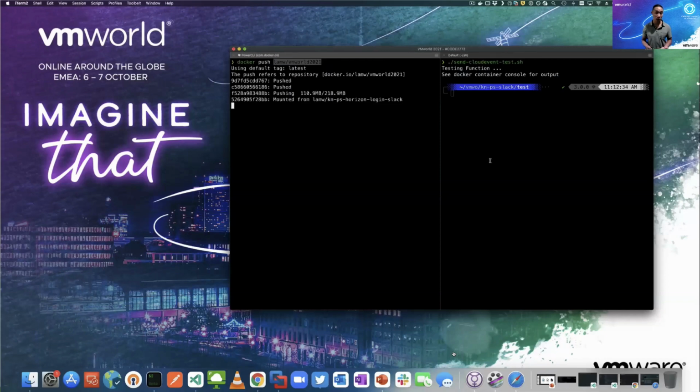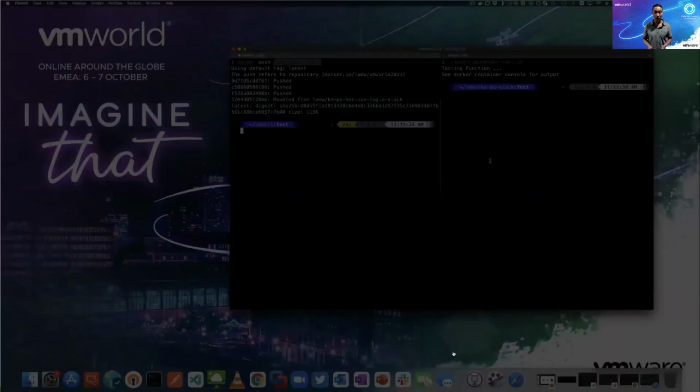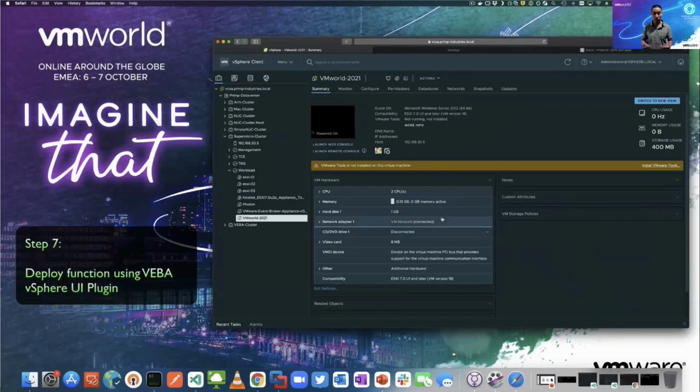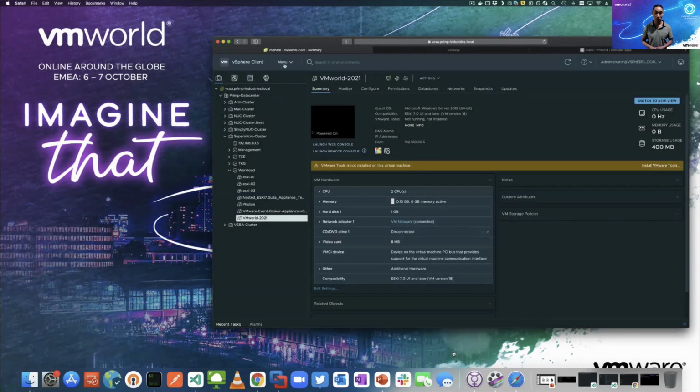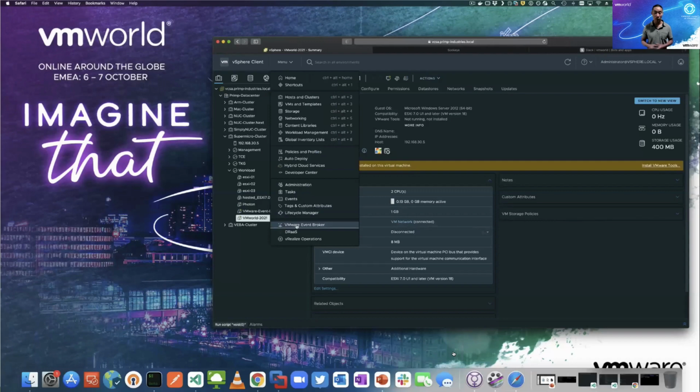Here I'm using Docker, but you can certainly point this to any container registry, especially if you're running within your on-premises environment. So now finally, what we're going to do is deploy our function. I've cleared our Slack message. You can see my VMworld channel is completely clear. There's nothing there. I'm going to go to my vSphere UI, and I'm going to head over to our